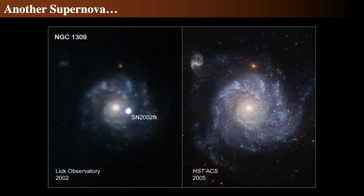The left-hand one, taken by the Lick Observatory, was in 2002. And once you run out of letters, you start doing 2 letters. So they went through the entire alphabet, and that's because F and K. What does F and K mean? Well, there's been, since 1994,